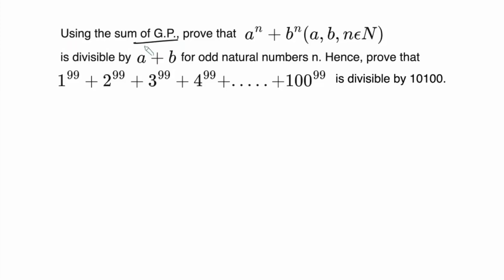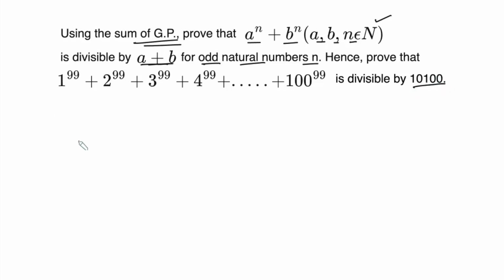Using the sum of GP, prove that a raised to the power n plus b raised to the power n, where a, b, n all are natural numbers, is divisible by a plus b for odd natural numbers, only for odd natural numbers. And hence prove that 1 raised to the power 99 plus 2 raised to the power 99 and so on up to plus 100 raised to the power 99 is divisible by